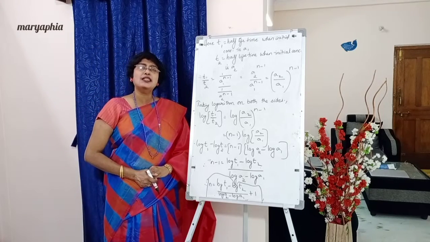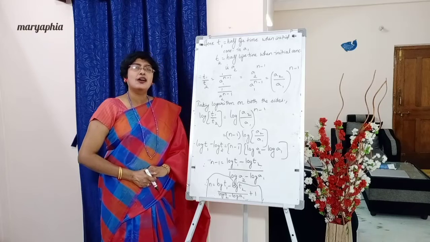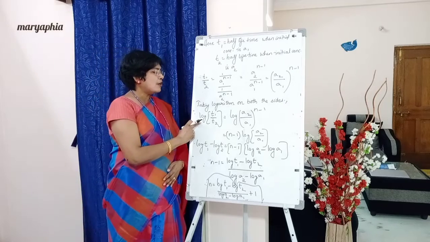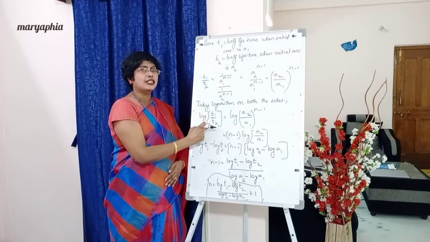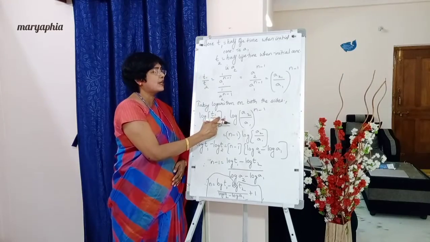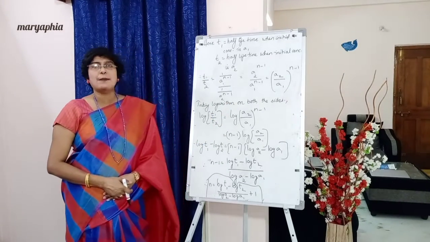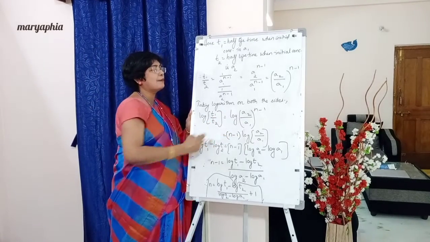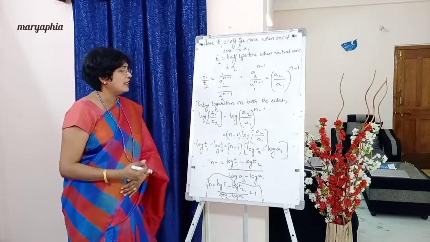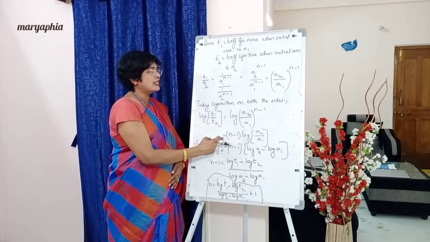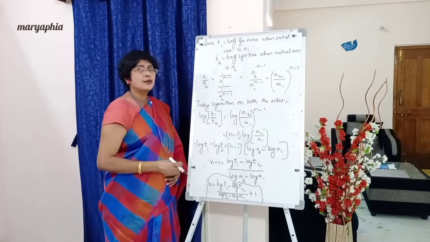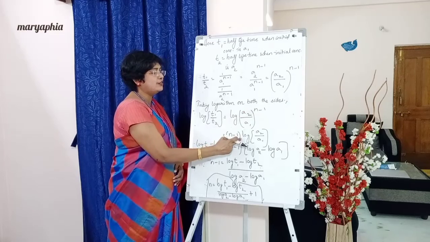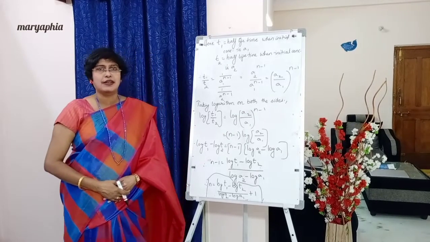Okay, below write down. Taking logarithm on both the sides. Logarithm of the left side, what do we have? T1 by t2. Logarithm of t1 by t2 equals, on the right side, what do we have? a2 by a1 to the power n minus 1. So logarithm of a2 by a1 to the power n minus 1. Now the right side is equal to, whichever is there in the power term, that will come forward, as we all know. So therefore n minus 1 into log of a2 by a1.